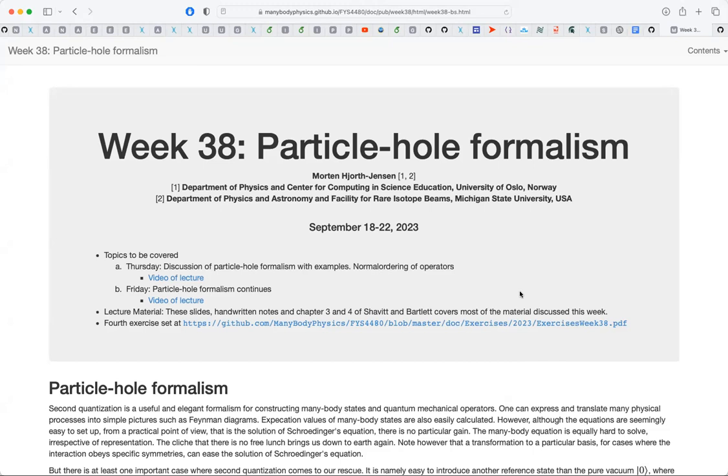And one of the motivations for introducing this new vacuum and this new reference state is simply the fact that when we are dealing with many particles, the equations which we end up with, all the possible contractions, is something which becomes pretty cumbersome to deal with. So we are looking for a more compact way of calculating different expectation values and transition probabilities, etc. And then with this one, we have the basic elements which we're going to need for the rest of the semester. So this will allow us to compactify most of the formalism which we need in order to deal